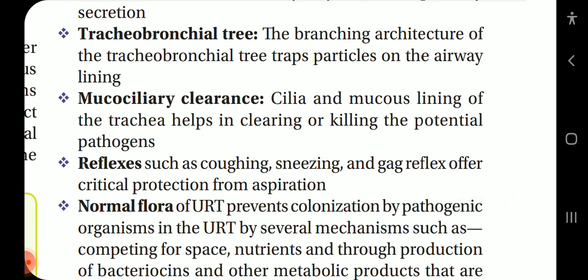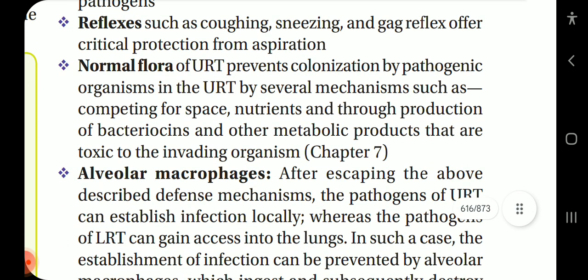Tracheobronchial tree: the branching architecture of the tracheobronchial tree traps particles on the airway lining. Mucociliary clearance: cilia and mucous lining of the trachea help in clearing or killing the potential pathogens. Reflexes such as coughing, sneezing, and gag reflex offer critical protection from aspiration. Normal flora of the upper respiratory tract prevents colonization by pathogenic organisms by several mechanisms, such as competing for space and nutrients, and production of bacteriocins and other metabolic products that are toxic to